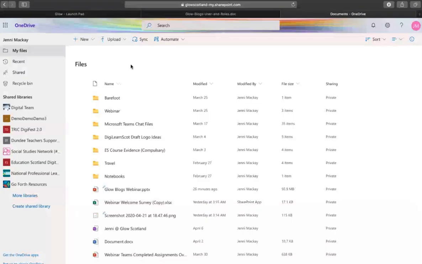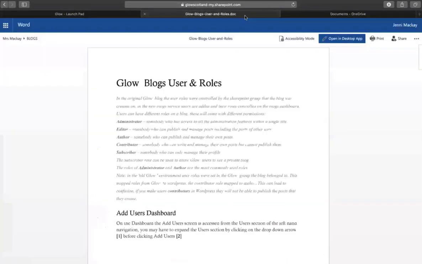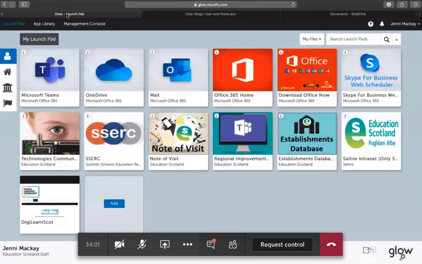So I've got Glow open here, and as with any of our other sessions when we've shown you, we have lots of different